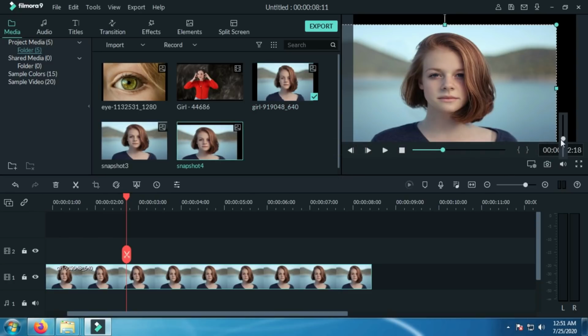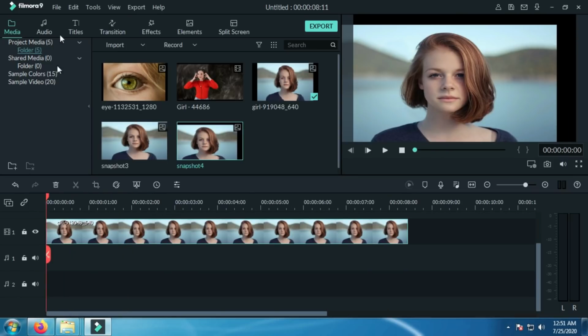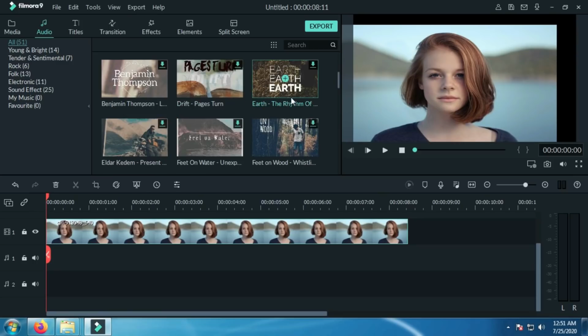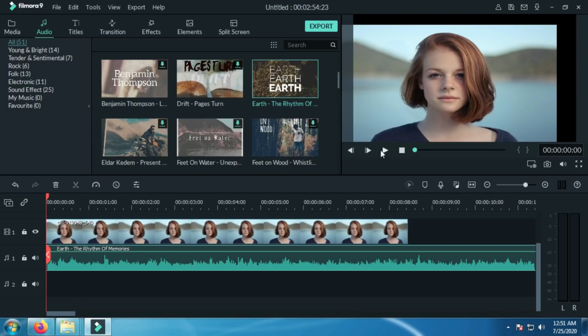You can see the screenshot on the left hand side. Okay, just adding one audio. So audio is just playing.